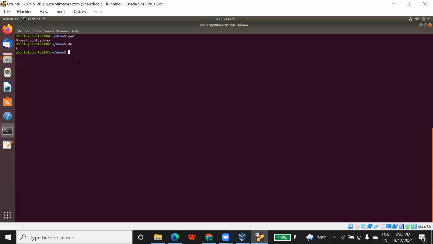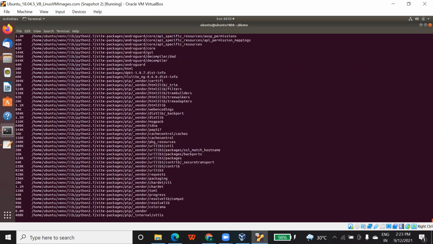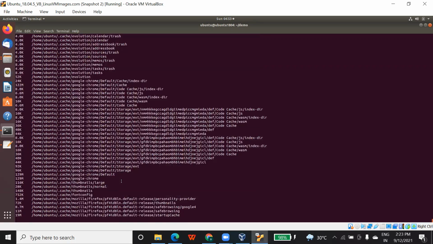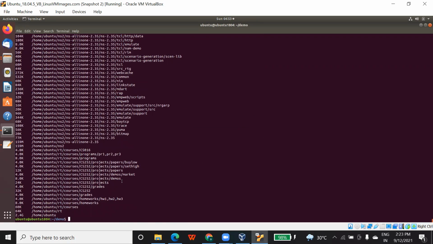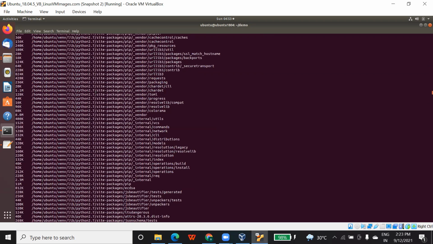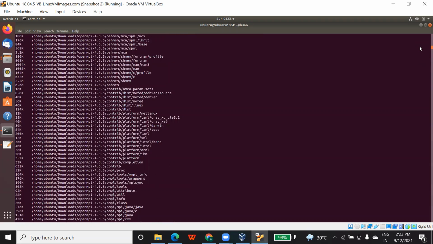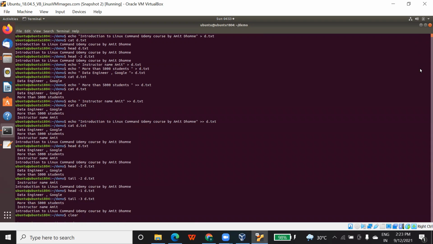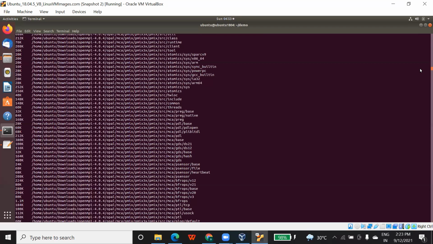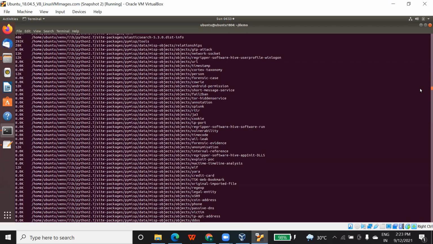So let's run some more commands. See, this is some output coming inside this, meaning how much disk is occupied here, how much your Ubuntu is using the disk. For different files, it is showing you different sizes in terms of memory. You can check it also. You can copy it into some file and check how much space they are occupying, which command, which file. So like that you can cross check also.